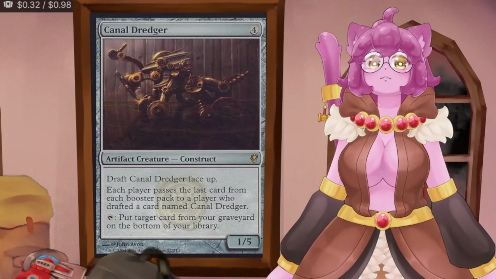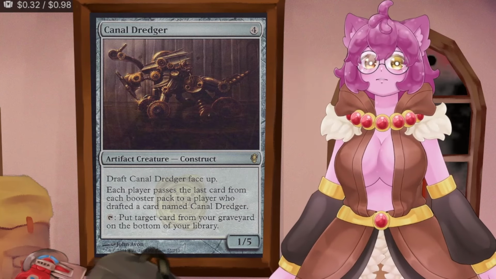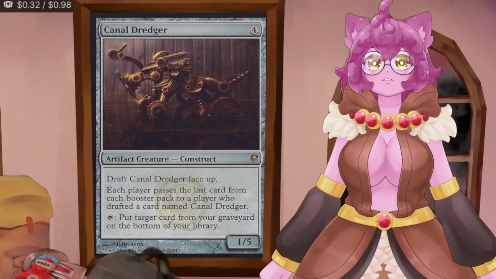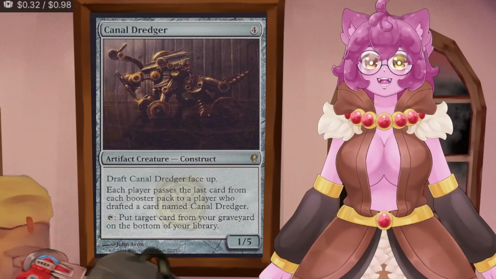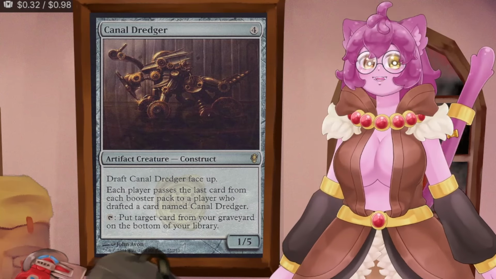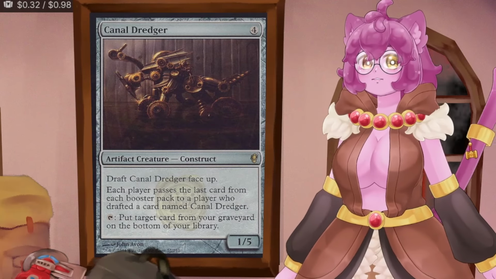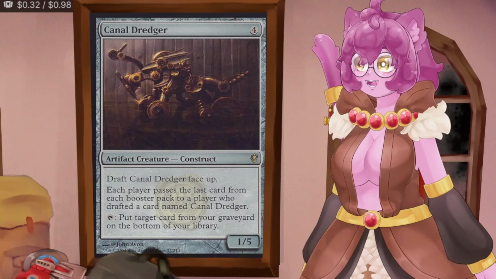And Canal Dredger does a lot of things if you're playing in Conspiracy, and doesn't matter at all for what we are doing. All that matters is that we can tap it to put a card from our graveyard on the bottom of our library. I love that random cards like this from Conspiracy that don't do anything in most decks do a lot